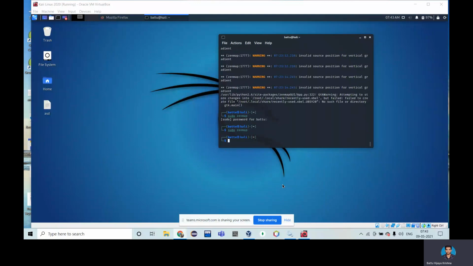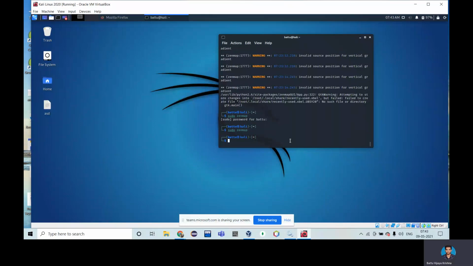ZenMap uses Nmap in the background, which gives all the network details, and for the GUI it uses the Python GTK library.